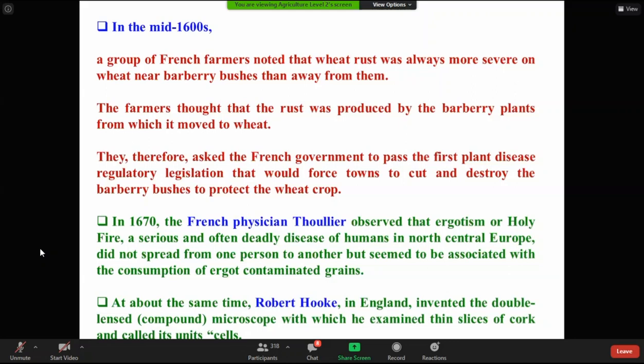If there is barberry plant, they observe more symptoms of rust in wheat. The farmer then thought that there might be some role of barberry plants, or the disease moved from barberry plant to wheat plant. Then they asked their government, the French government, to pass the first plant disease regulatory legislation rule, to cut and destroy the barberry bushes to protect the wheat crop